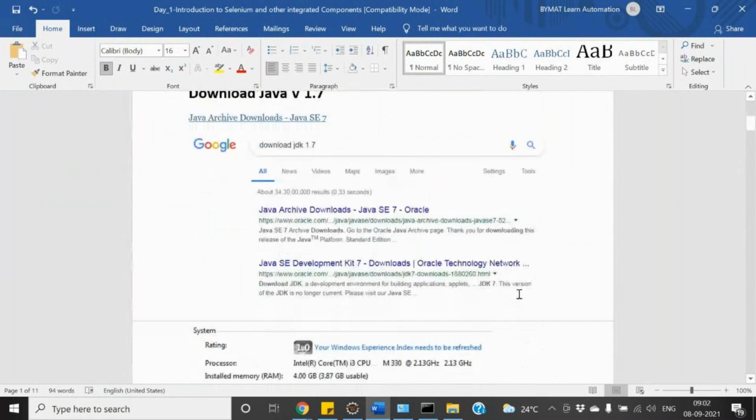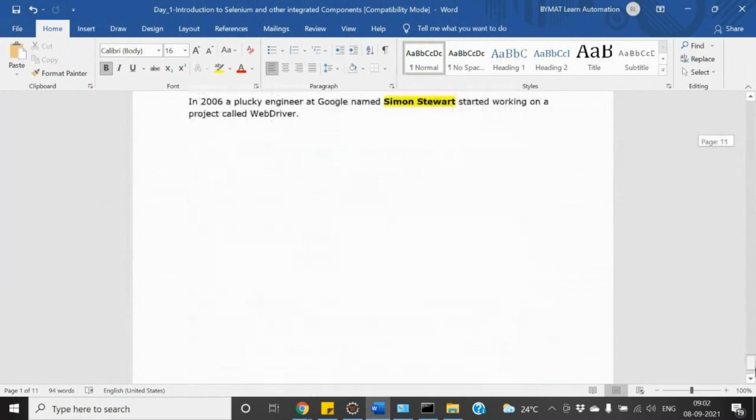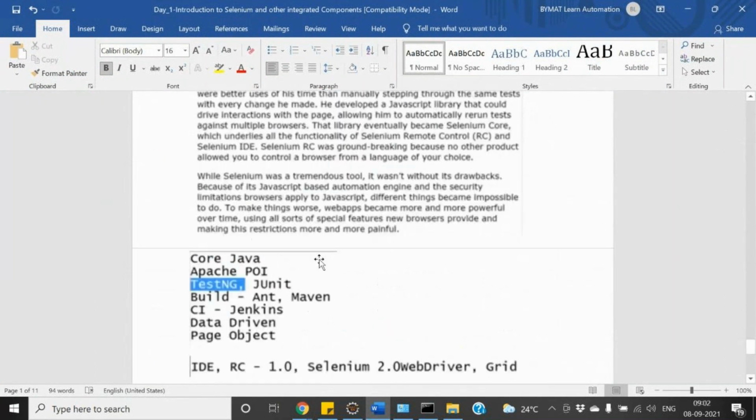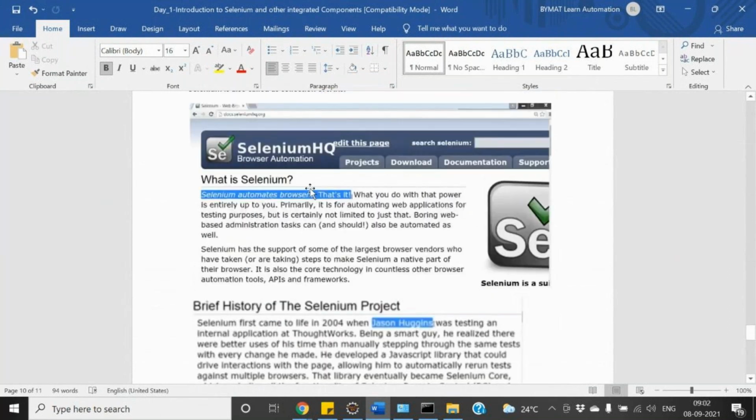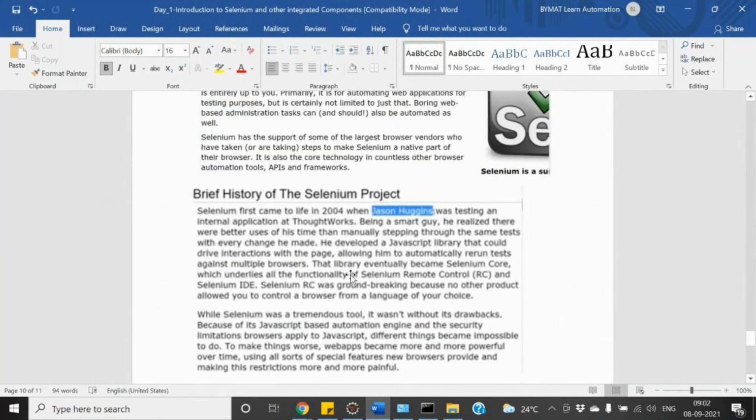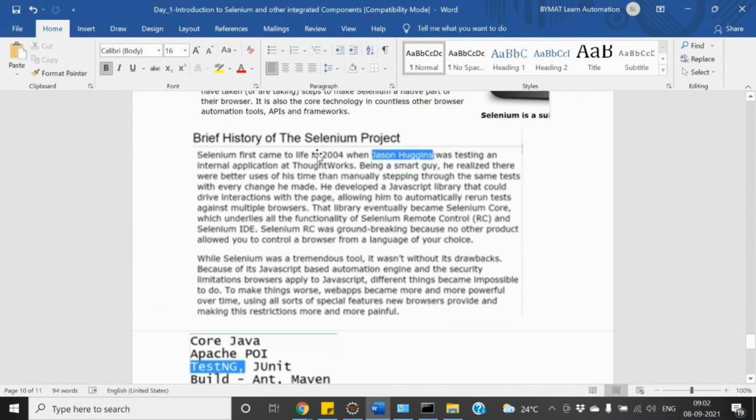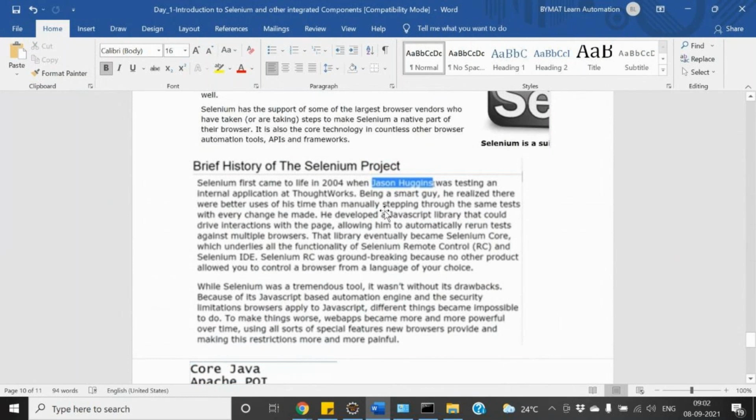If I just want to describe Selenium to you, it was started around 2004. This was the guy who tested an internal application at ThoughtWorks.